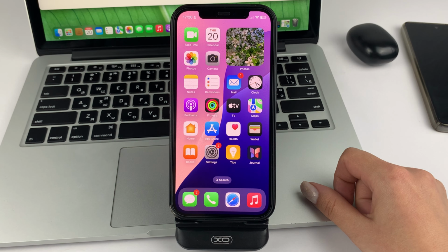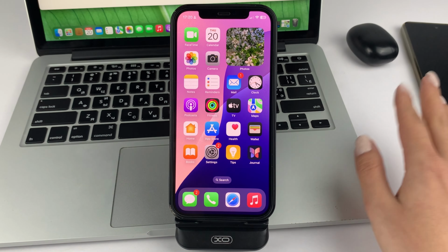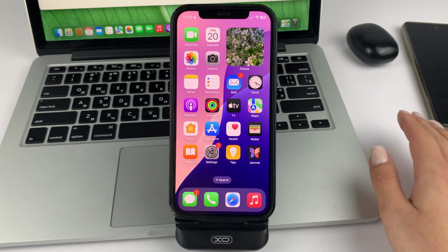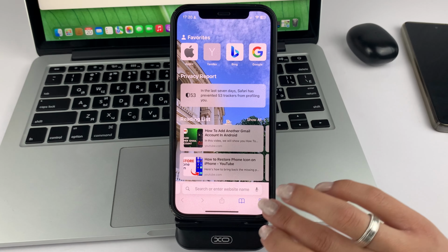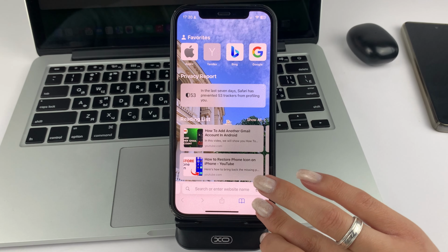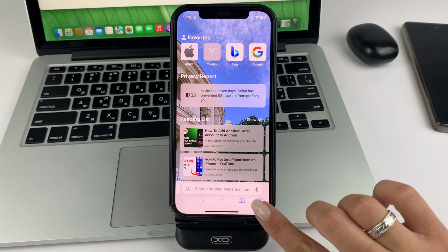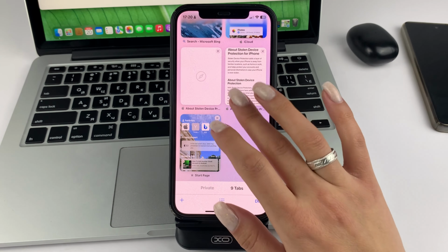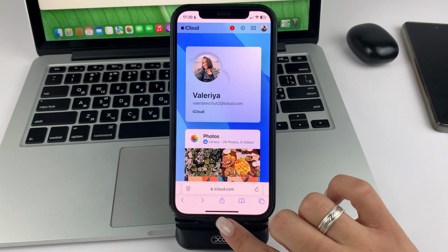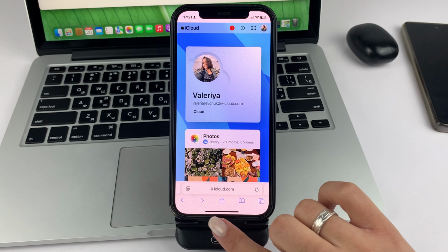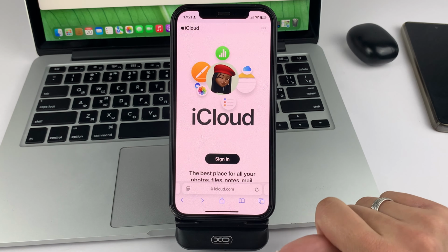So let us get started. In order for you to bookmark on your iPhone, let's open up a web browser. In my case, it's going to be Safari. And watch. Now, friends, open up some website. Next, you're going to need to click on the Send or Share sign down the middle.